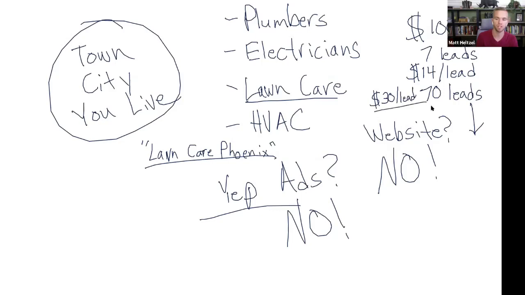Somebody who has looked at an ad, clicked on an ad, entered their name, phone, and email, that they're in our geographical location, and are ready and willing to pay money for lawn care service, would you pay me $30 per lead? You know what they're going to say? Yep. Because each of these leads is probably worth $100 to $200 for them, because they're going to sign them up for a 3-month deal or a 6-month deal, right? They're not going to sell every one of them. They can probably sell most of them.